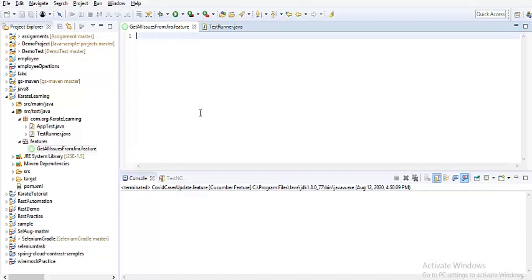So before that, let's also recall how a feature file should be written. You have a feature which says what feature you are automating, and inside a feature you can have any number of scenarios, which means a particular test case, and inside a particular test case you can have the actual implementation. Say, for example, given I have a URL and I have this header and this path parameter or query parameter, and when I hit this API with so and so method, it could be post, get, patch or delete, I should see this status code and I should see this response.